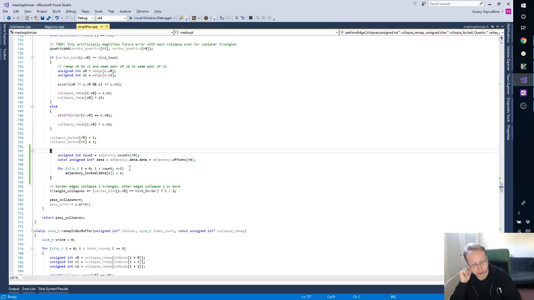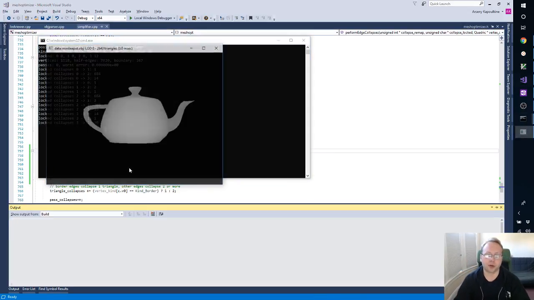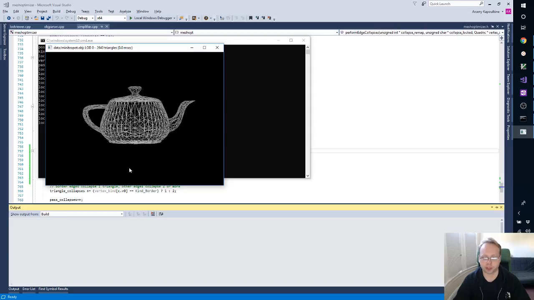Alright, so, oh, I'll still need the triangle adjacency. Okay, whatever. Yeah, okay, so, alright, so where we are at right now is that when we collapse an edge, we don't touch